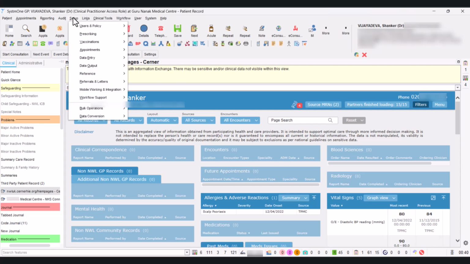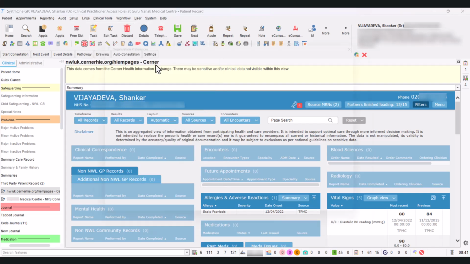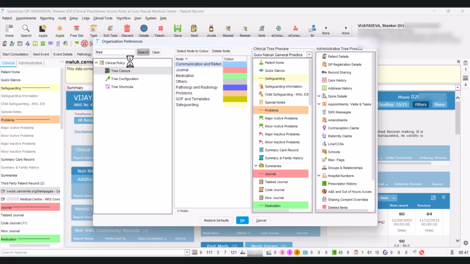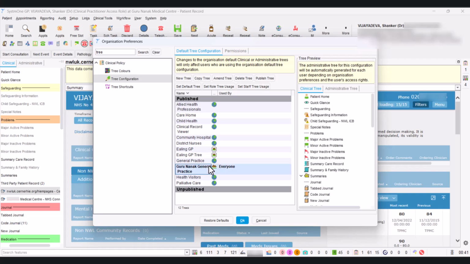So if you go up to Setup, go to User and Policy, go down to Organizational Preferences. Now you'll need to have the appropriate system admin rights to do this. But now, if you type in tree in the Organizational Preferences search bar and go down to tree configuration, usually in the practice you'll have a default clinical tree. I'd really recommend that staff are set up to a default, but if you choose the default clinical tree for your staff and then you click on amend tree,